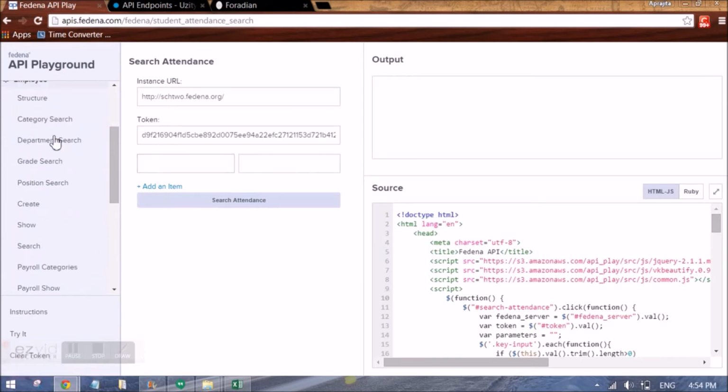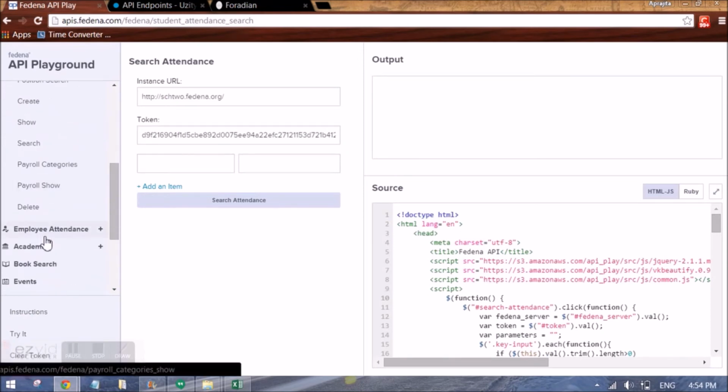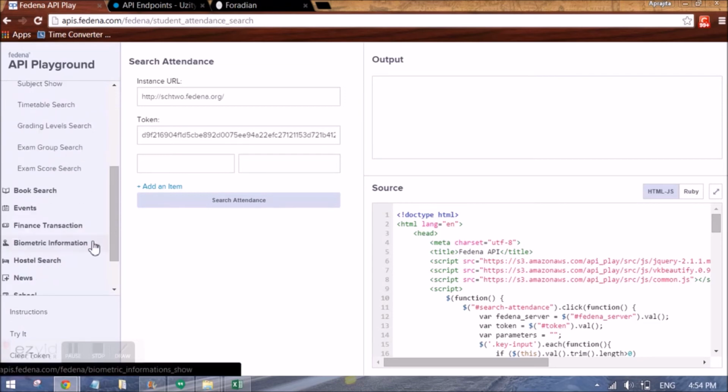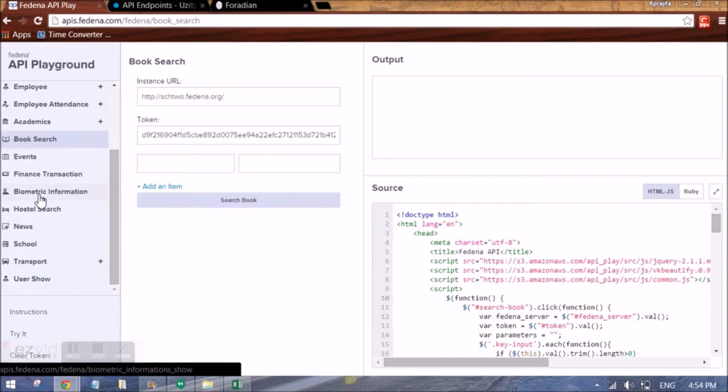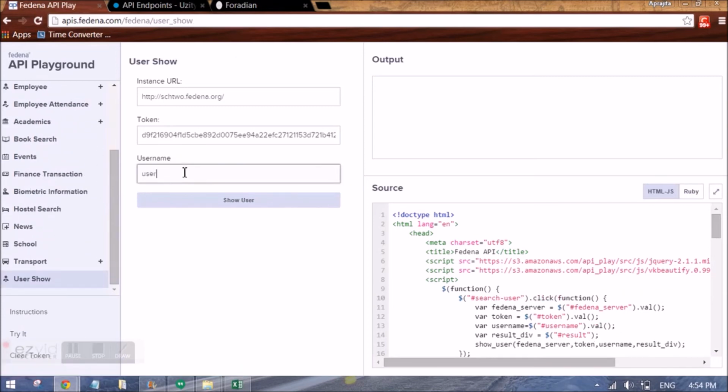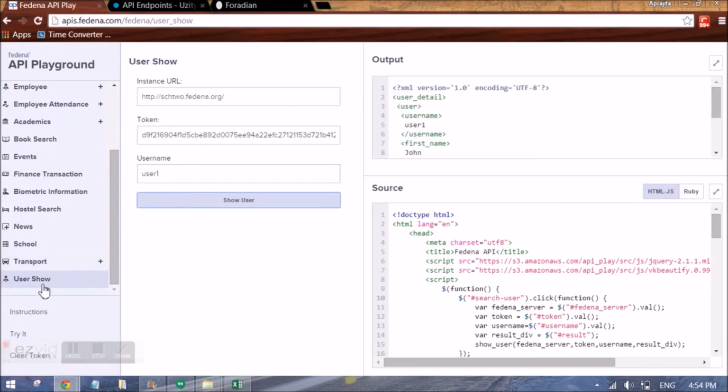Then for employee as well, we have few functionalities: attendance of the employee, academics of the student, searching a book, events, financial transactions, the biometric information as what we enter in the profile of the student or the user, and other details here. So we can get the details of this user, which is the manage user functionality that we see.